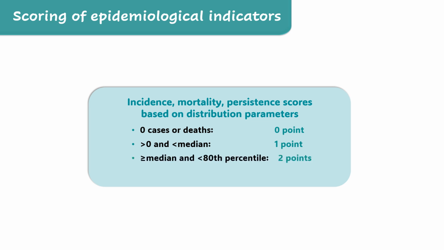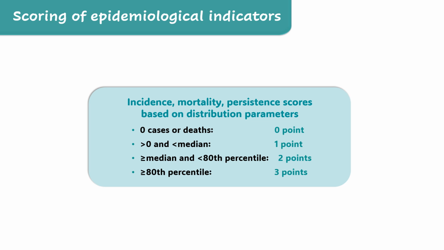In geographic units where an epidemiological indicator is equal to or above the median but below the 80th percentile, the score is 2. Lastly, in geographic units where an epidemiological indicator is equal to or above the 80th percentile, the